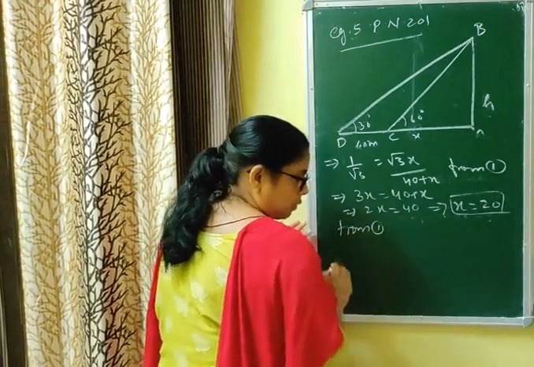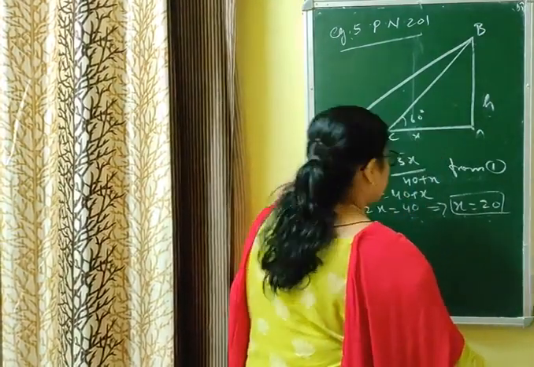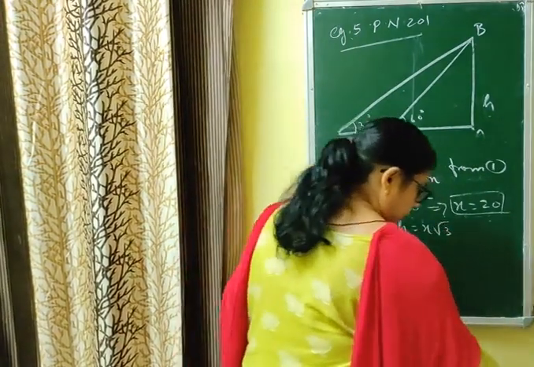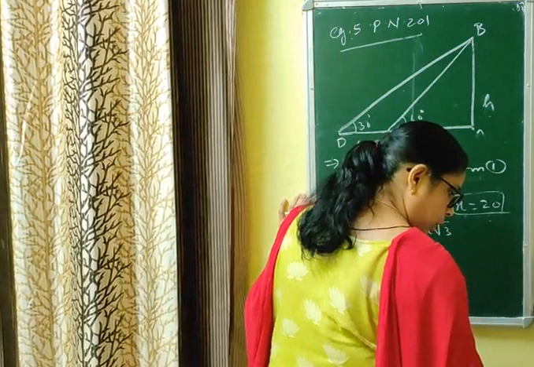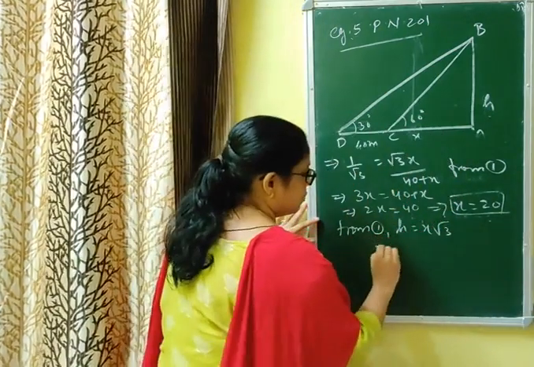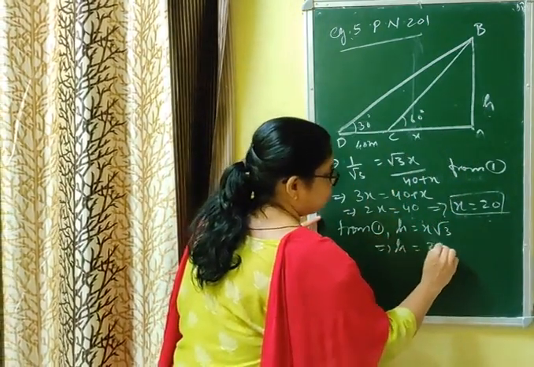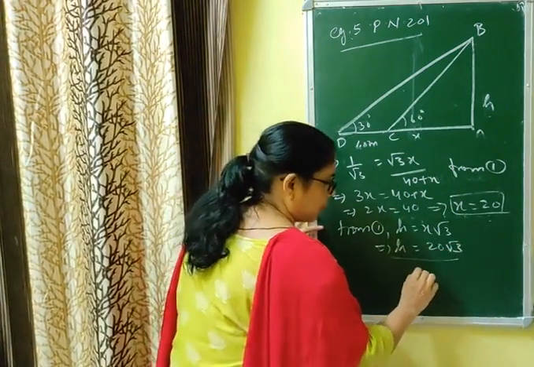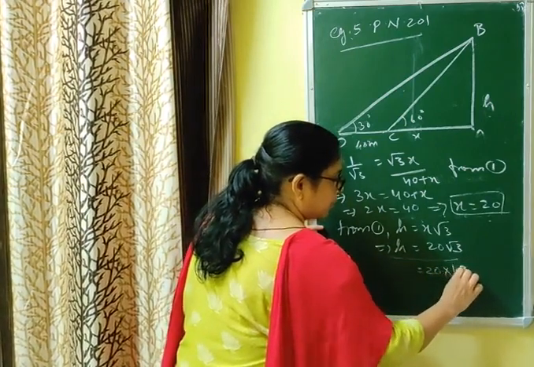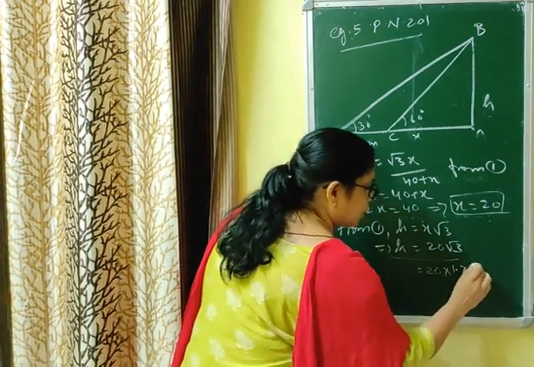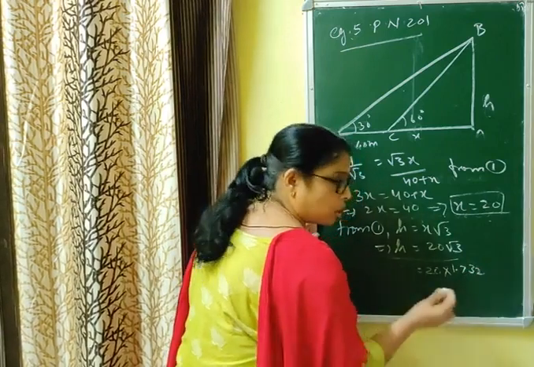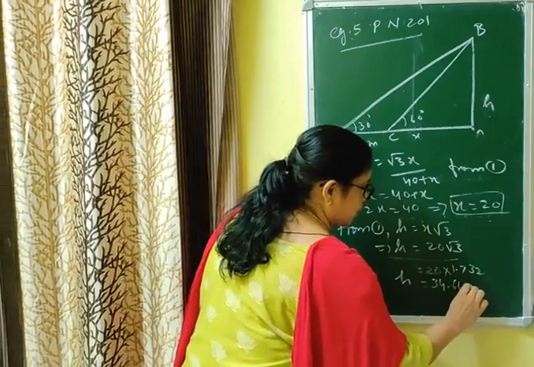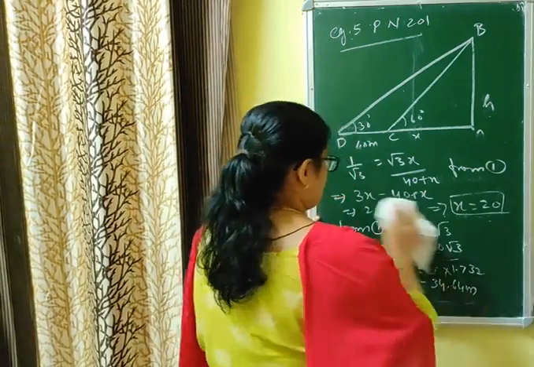From 1. First equation में आपको h और x का रिलेशन बता रखा है. You check equation 1. H is equal to root 3 x. That implies height of the tower h is equal to 20 root 3. कल मैंने आपको बताया था रूट 3 का वैल्यू पुट करना है 1.732, 1.731 भी ले सकते, 1.732 by round up करके भी ले सकते हैं. That means h is equal to 34.64 meter. You have to write the unit also.